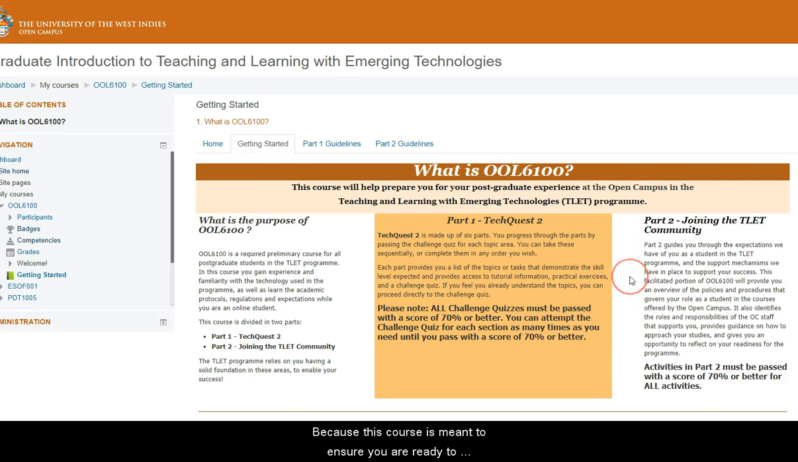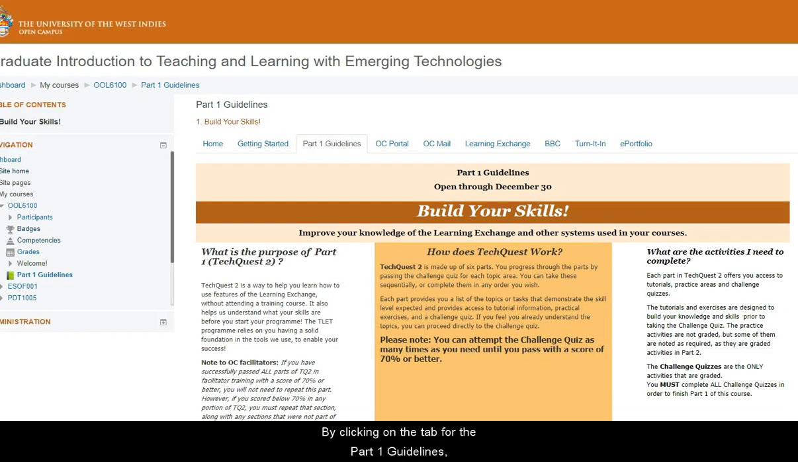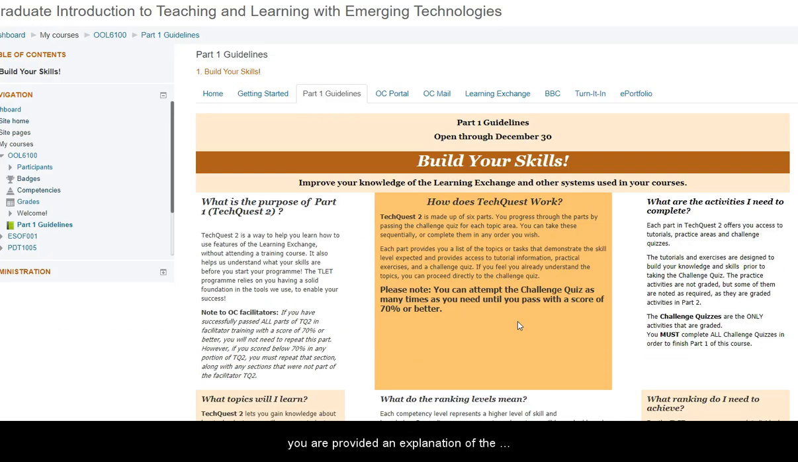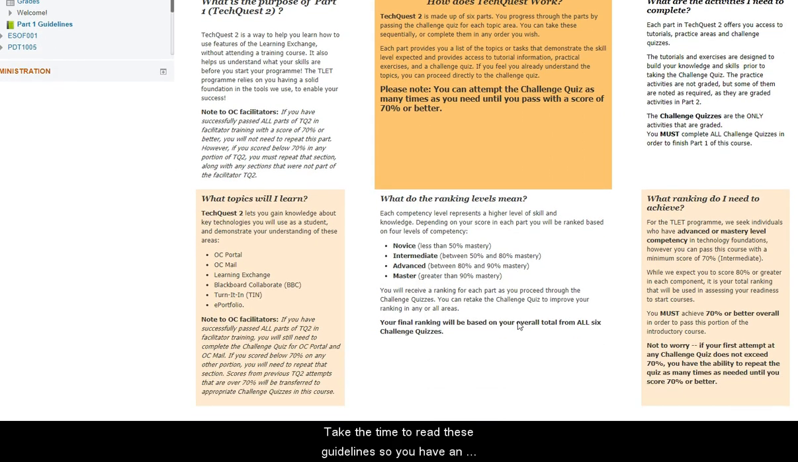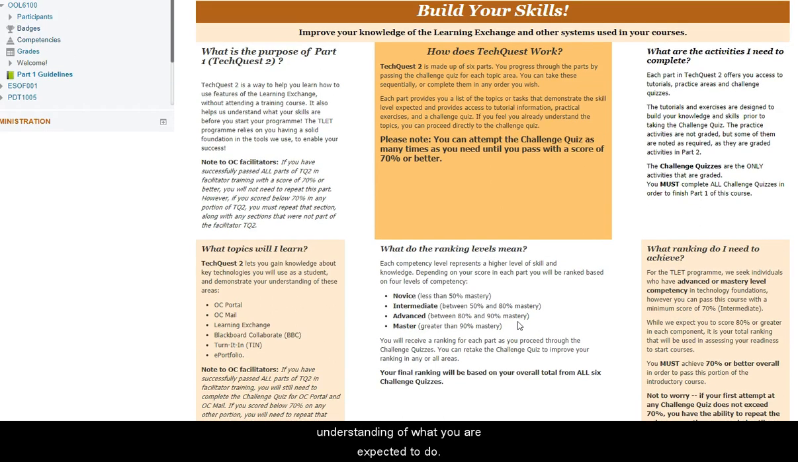Because this course is meant to ensure you are ready to participate in the TLET program, your knowledge of these technologies will be assessed in Part 1 through the challenge quizzes. Let's take a look at the guidelines for Part 1 and see how the competencies areas are structured. By clicking on the tab for the Part 1 guidelines, you are provided an explanation of the components and structure of the TechQuest. Take the time to read these guidelines so you have an understanding of what you are expected